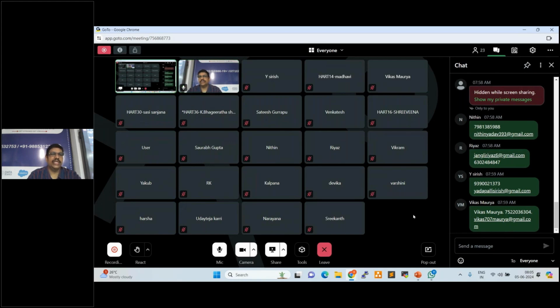You understand, right? Okay. So it is not one-to-one support. It is not a one-to-one session. It is a batch. We have a batch group. Definitely, if anyone is having any challenges, I will clear your questions. I guide you until you get the job. But the group is there. You need to post the screenshot in the group.